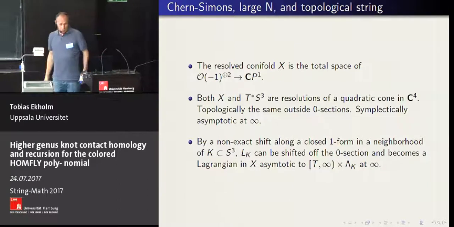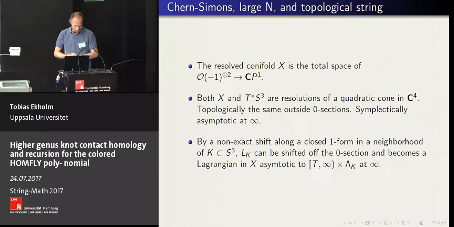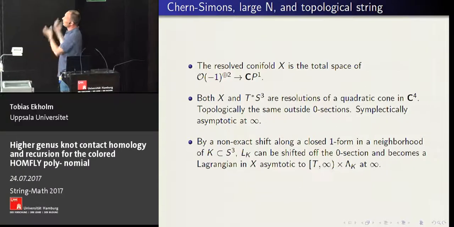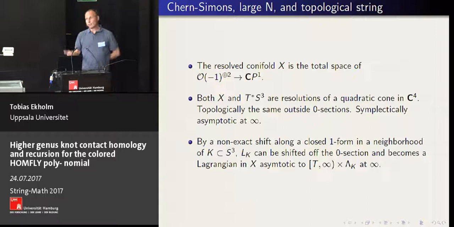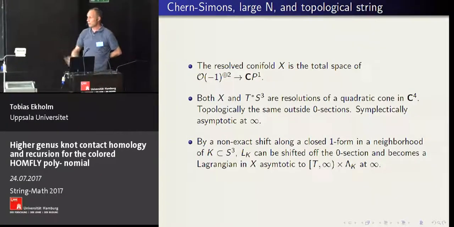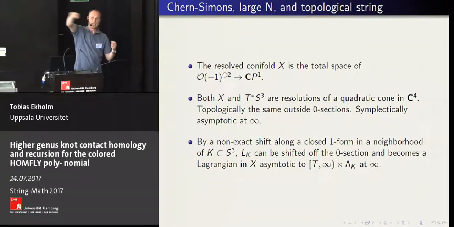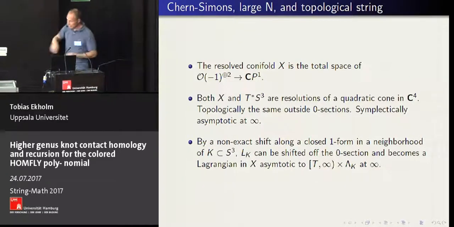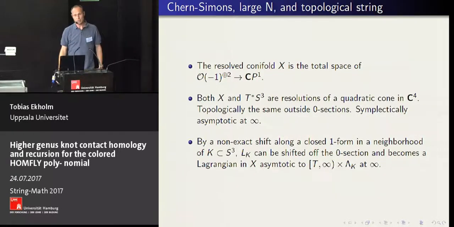There are a little bit more ingredients before we can start working. So that's the construction which allows us to move the conormal of our link from T*S3 into X. Now, the conormal, of course, intersects the S3 along the link itself, and so we'd like to shift it off, and we can do that keeping the Lagrangian condition, but violating